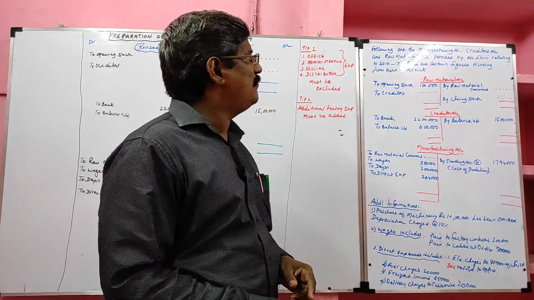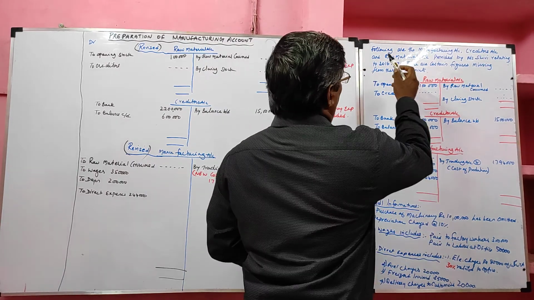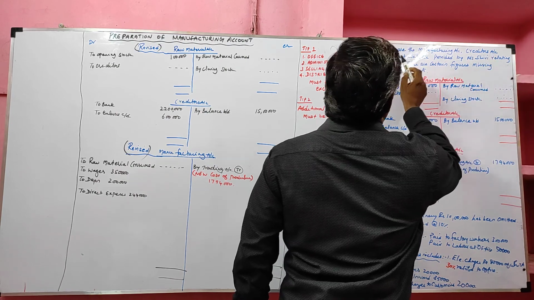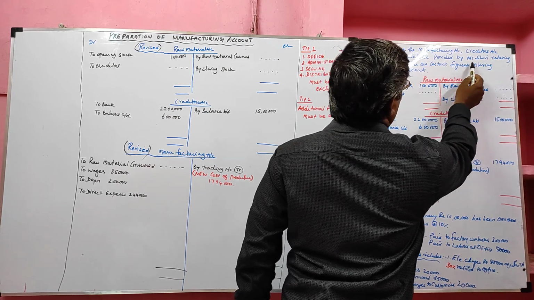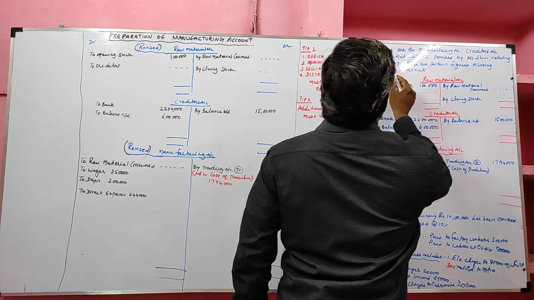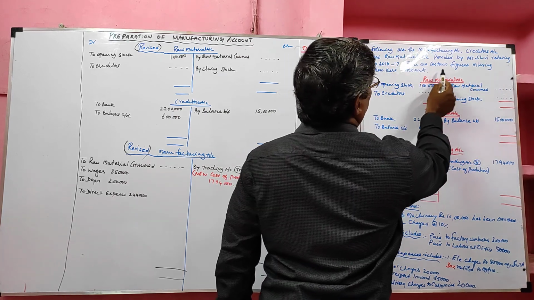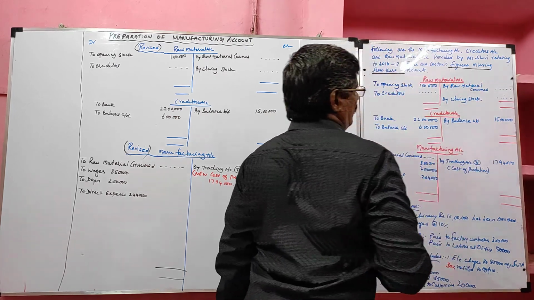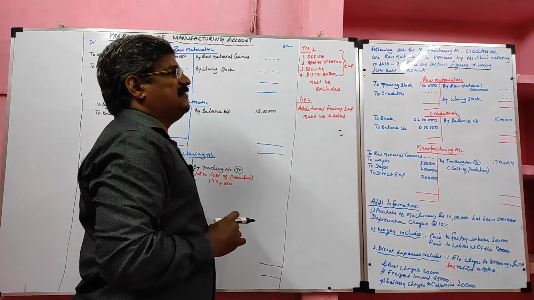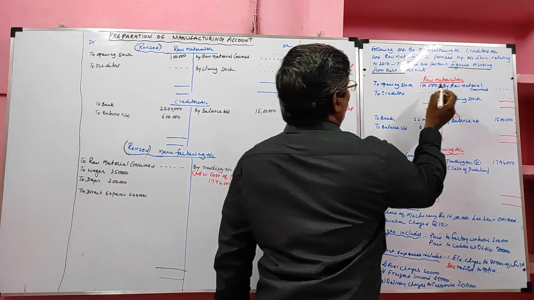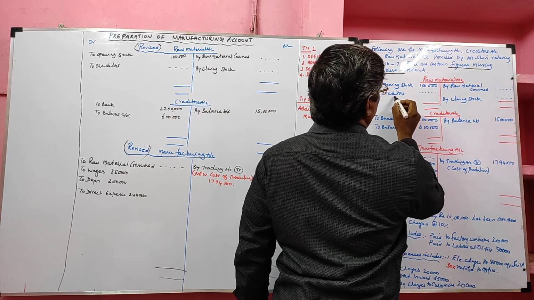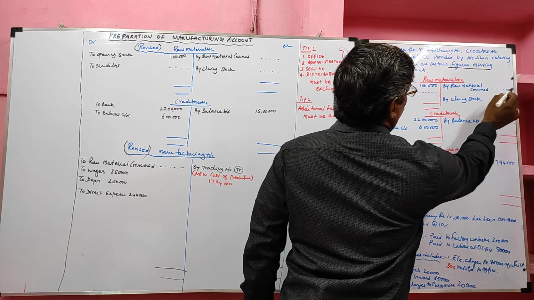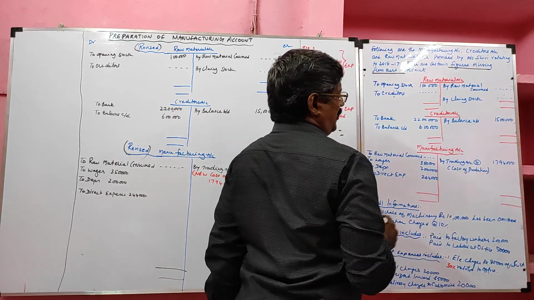Now look at the problem. Following are the manufacturing account, creditor account, and raw material account provided by Messrs. Shivi relating to 2016-17. Certain figures are missing from the accounts, so we have to find the missing information. In the raw material account, opening stock is given. Purchase is not given, raw material consumed is not given, and closing stock of raw material is also not given.